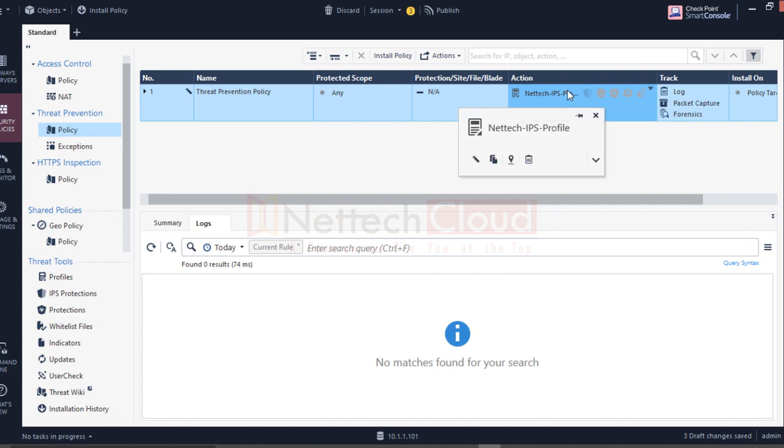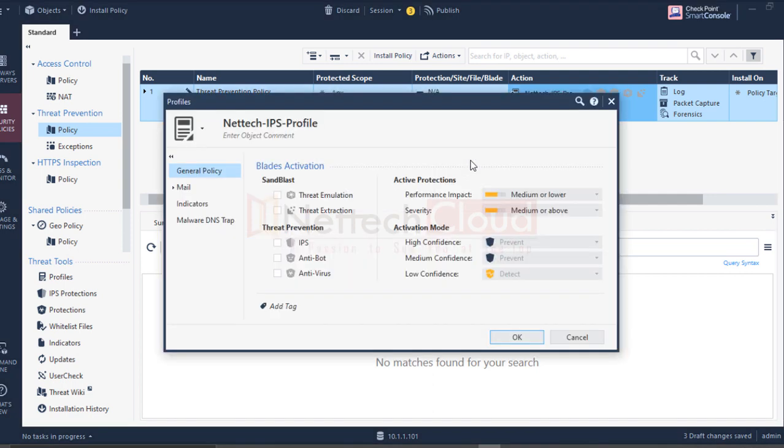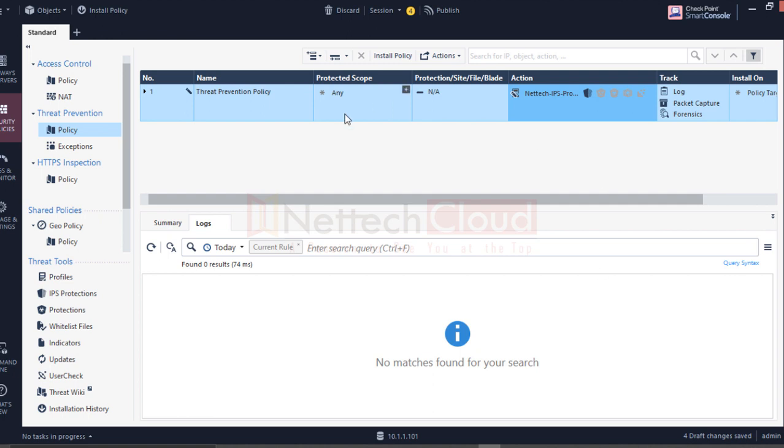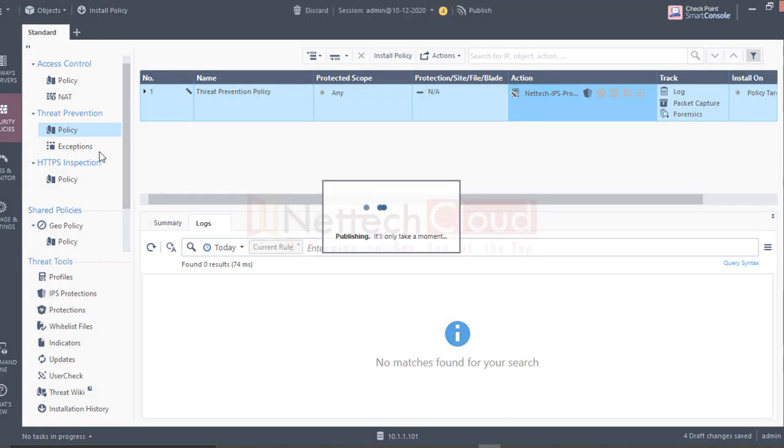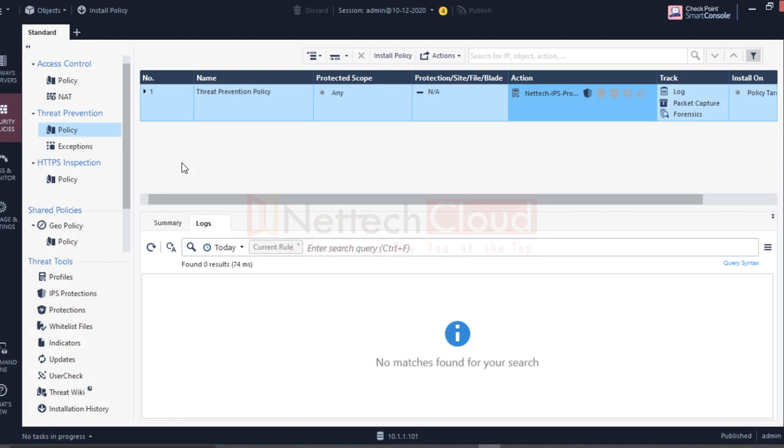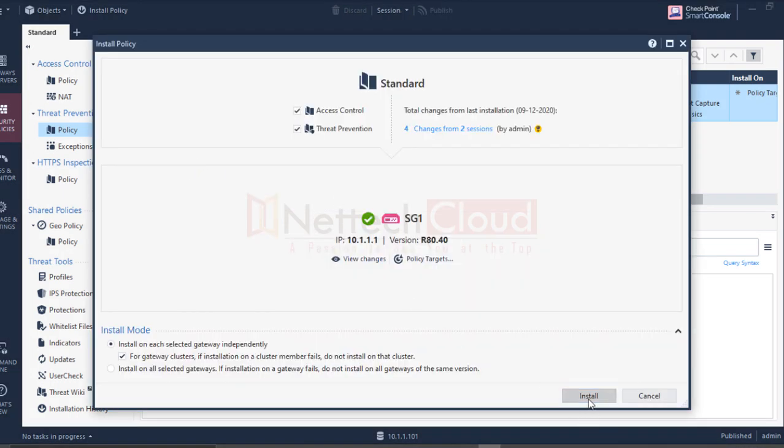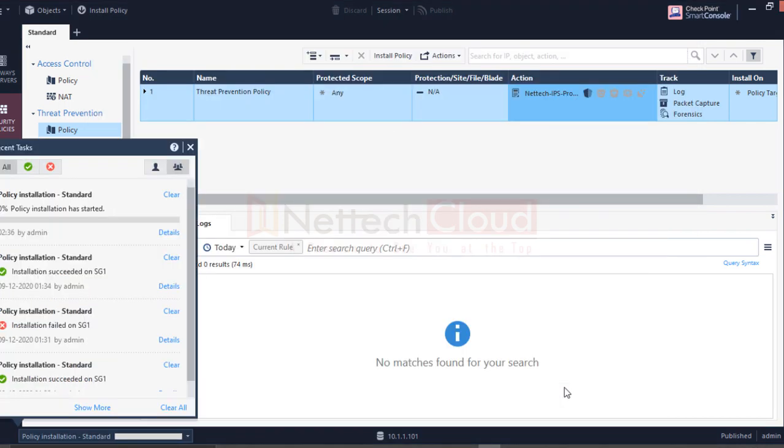And if I show you, let me now enable this profile, IPS, intrusion prevention system, and I need to push the policy. Not to worry about all this, how I'm creating a policy or policy installation and all that. It's just a demonstration only.